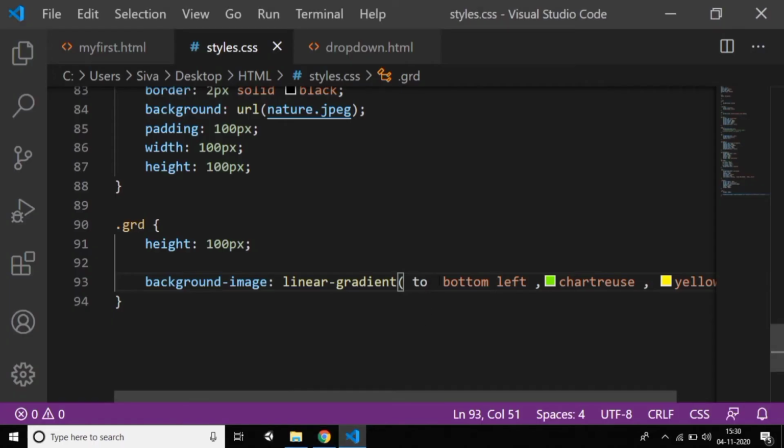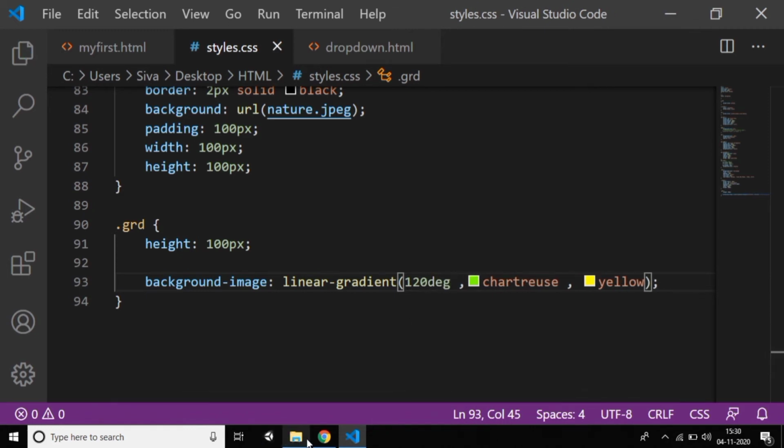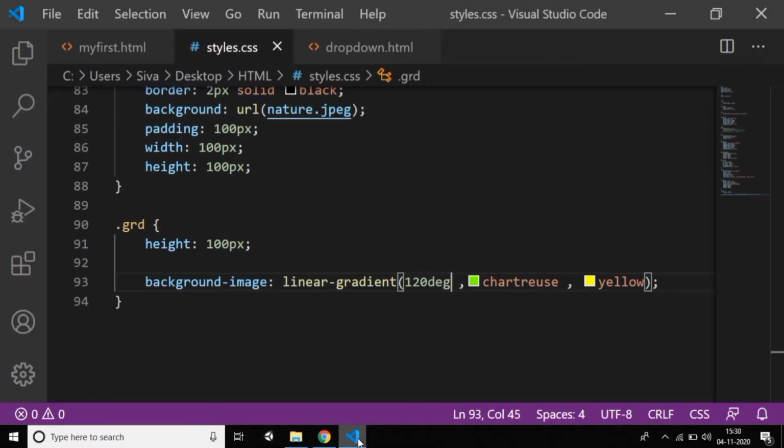If you want, you can also give the angle you want. If you want 120 degrees, just remove this and write 120deg, which stands for degrees, and reload and see it is at 120 degrees. Like that you need to give.